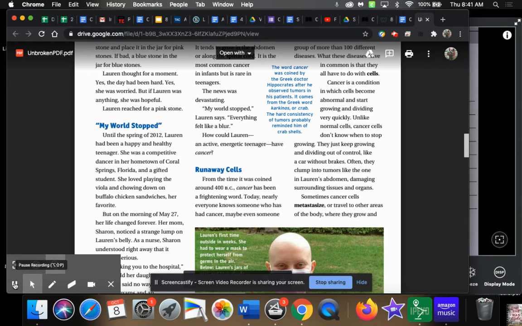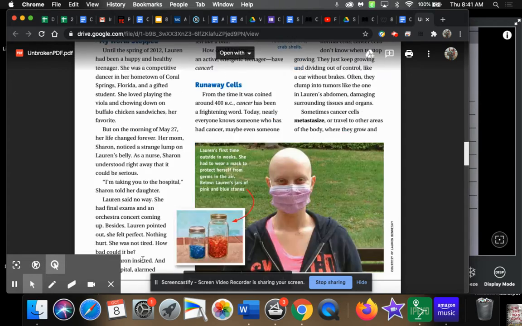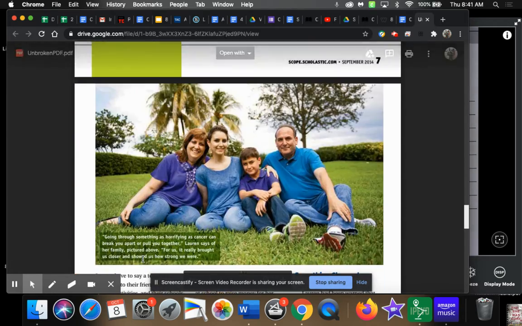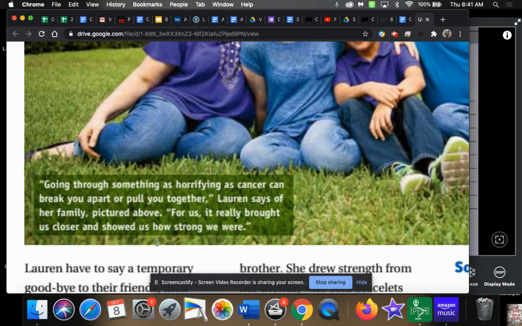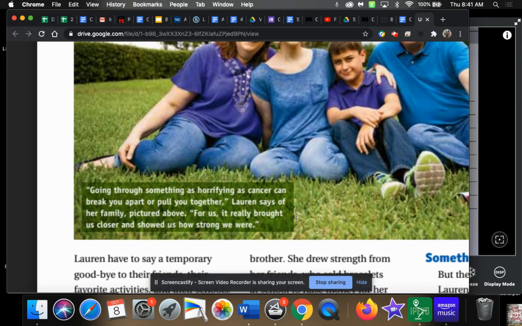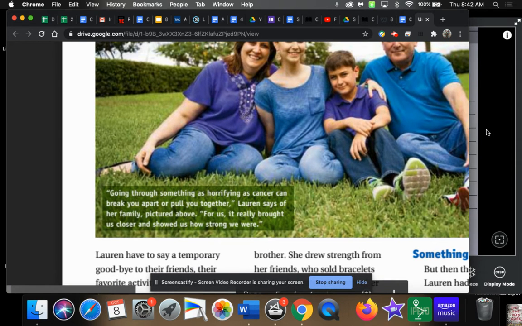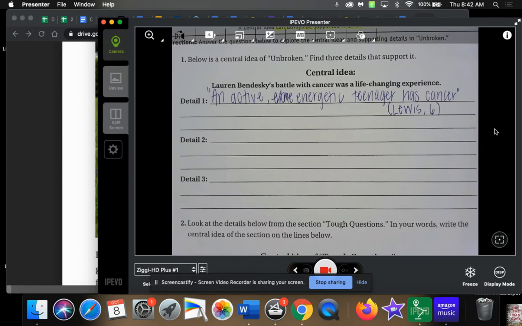Sir, what did you find? This is on page 8. On page 8. On the picture. If you look at the caption, he found this right here. For us, it really brought us closer and showed us how strong we were. So we're going to make that a paraphrase, and we will just say the caption